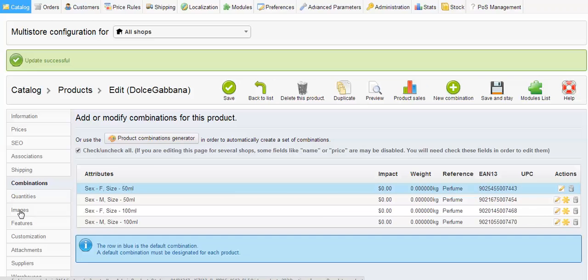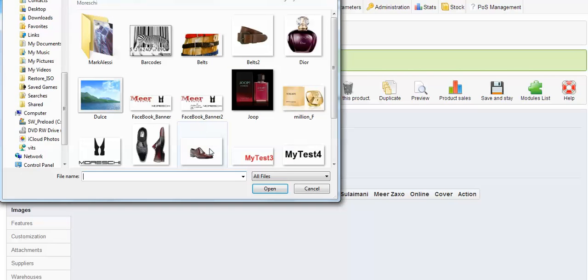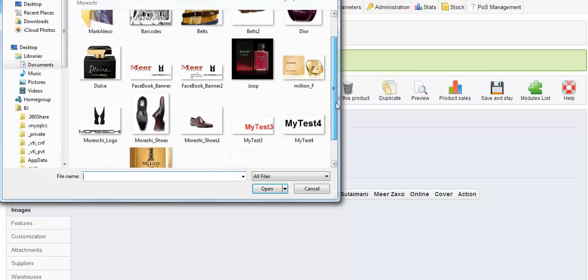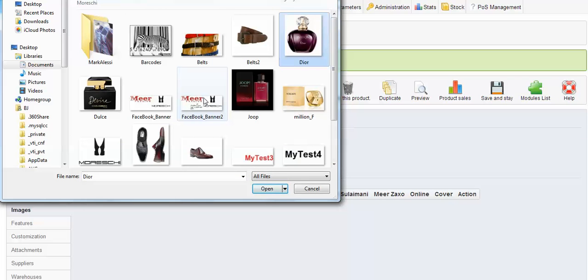So image is very easy, you click, you say upload an image, it will pick up from your computer, and here you have all the shops which are going to be uploaded to. Ignore this, you might have a different one, but this is my one. So I say upload image, I pick up an image of that particular perfume. It is called Dolce. So where is it? Dolce,